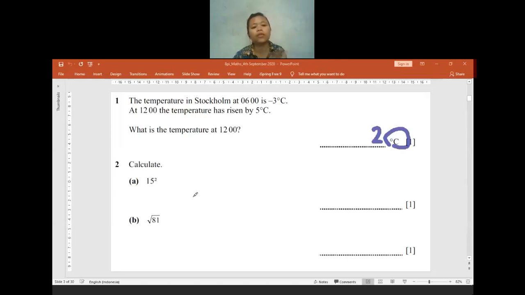And then I will move to question 2, 15 squared. How many is 15 squared? Is there anyone who knows how many is 15 squared? If you forget how many is 15 squared, you can write all of the calculation on the paper. 225. Yeah. Later, even in the Cambridge Checkpoint, for all of the calculation, you can keep it on the paper. But for the calculation, better to use a pencil. No need to erase it. You can keep all the calculation on the paper. It's okay. For the final answer, later you will need to write it in black ink.